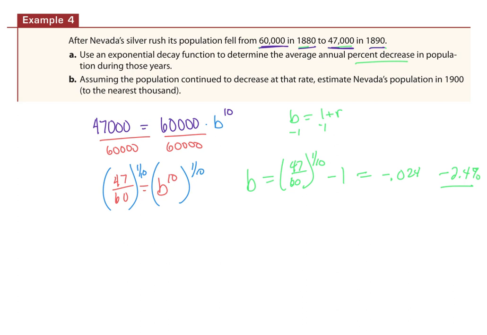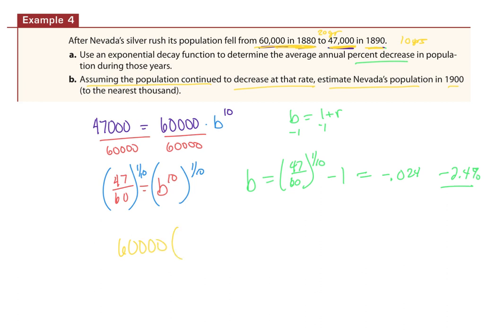They're telling us in this next piece, if we assume it continues to decrease at the same rate, we can estimate the population in 1900. So we can do this 2 ways. If we start at 47,000, it's only 10 years from 1890 to 1900. Or if we start in 1880, we can use 20 years. It just depends on which one we start with. So if we use the starting of 60,000,